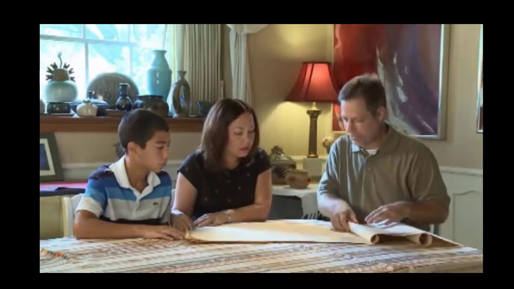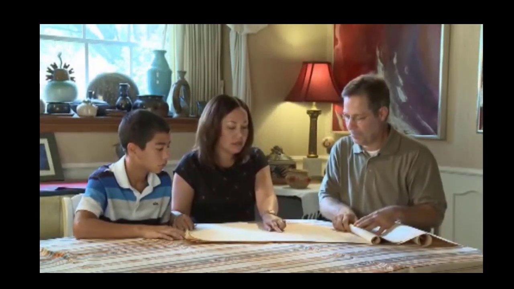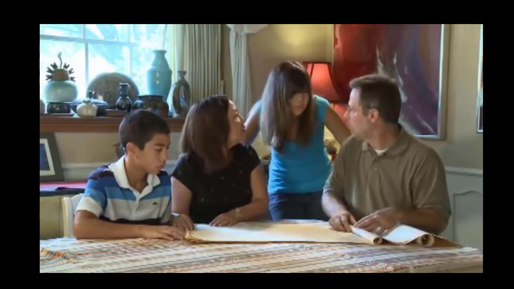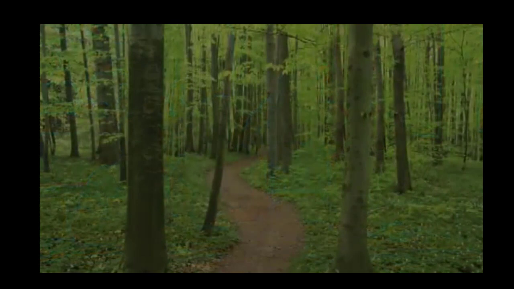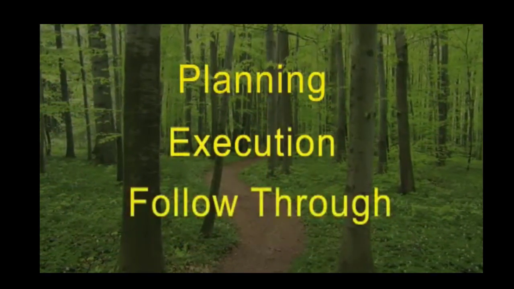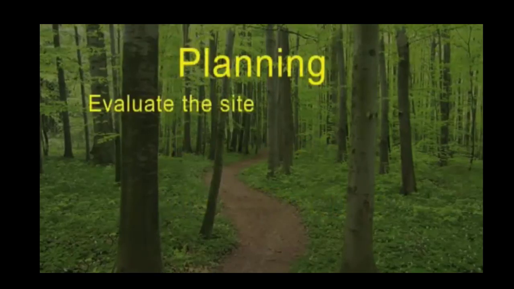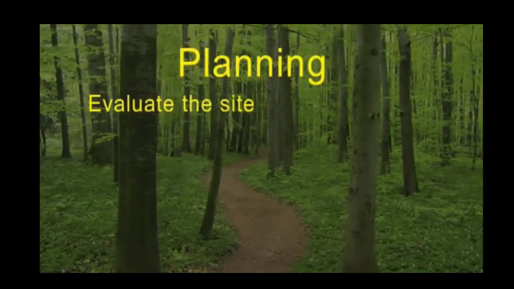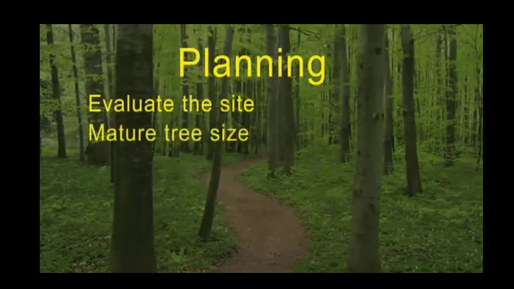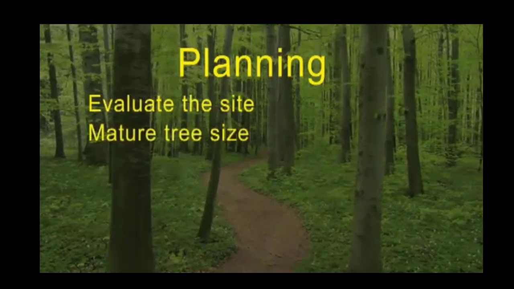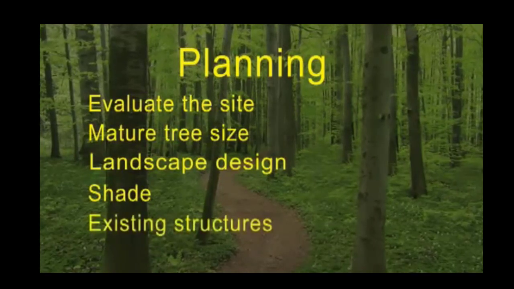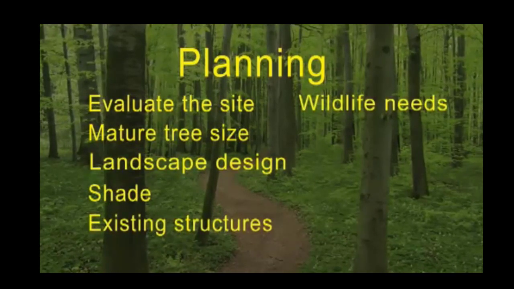Choosing the right tree and the right place is the first important step in any tree planting project. Like any valued project, planting a tree should involve planning, execution, and follow-through. Planning involves evaluating the site to determine the best species for the location. You'll want to consider mature tree size and think about your landscape design, shade, existing structures, wildlife needs, and resources